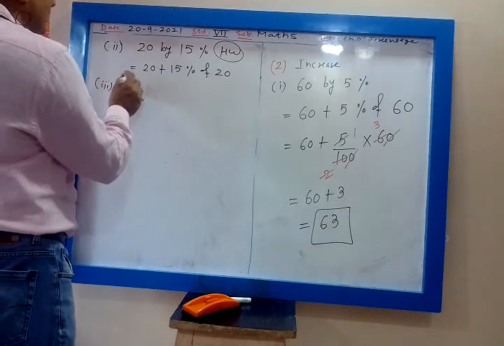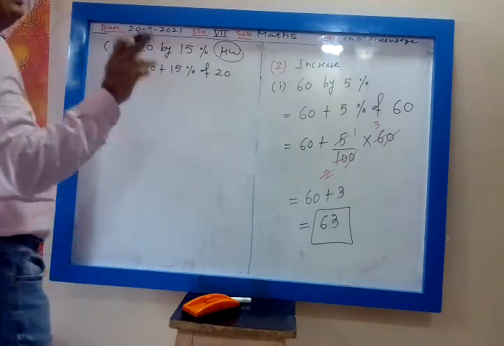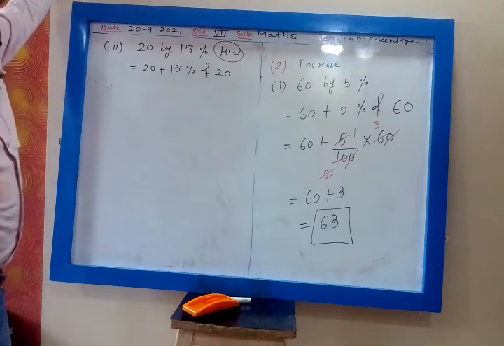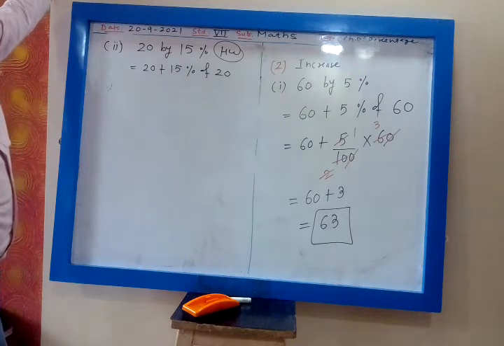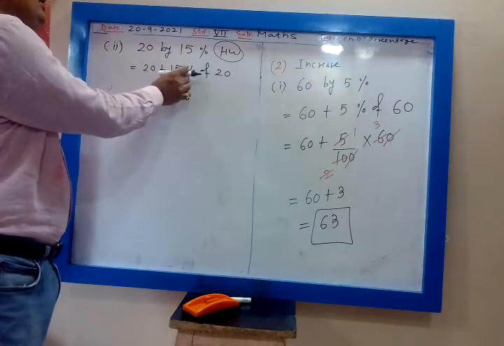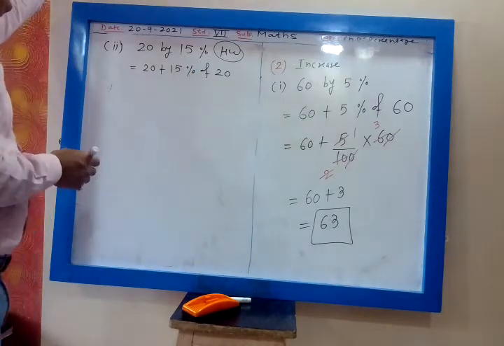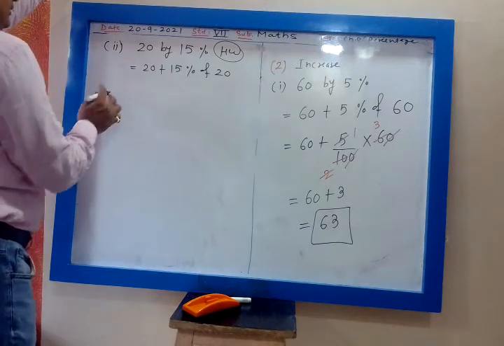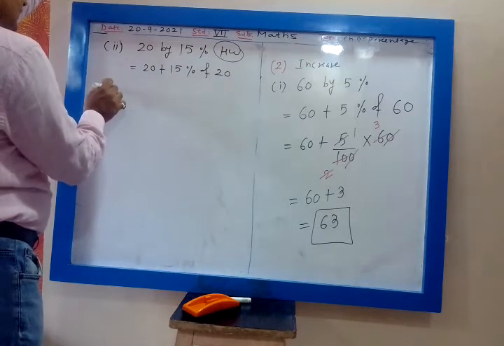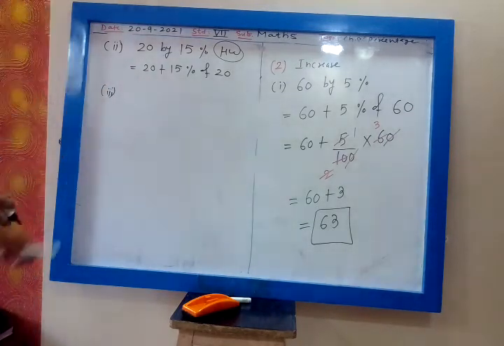When you write 15 upon 100, then the percentage sign will not come. When you are dividing 15 by 100, because it is 15%, when you are writing 100 for percentage, nothing will come, my dear. Okay? Yes, 23, absolutely correct.